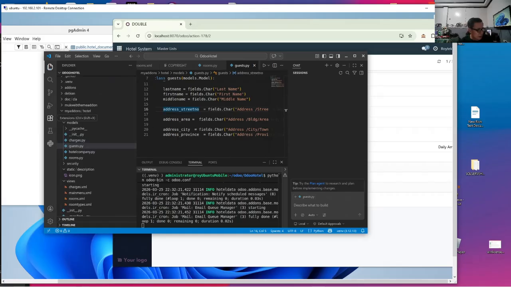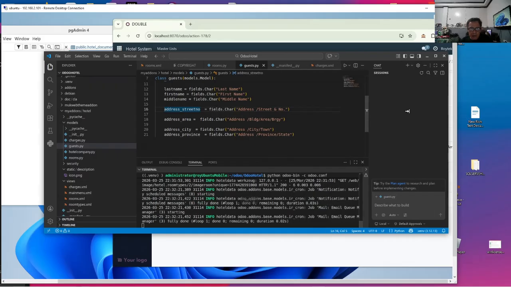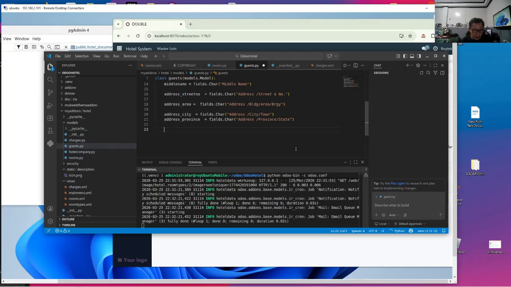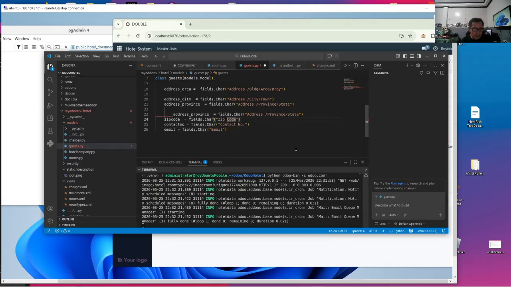Okay, and then we have character fields to store our address. And then we'll have our zip code, our contact, and email. These are just character fields, so I don't think there will be a problem. There's a red squiggly, we just indent this properly. We already have address, so we'll remove it.